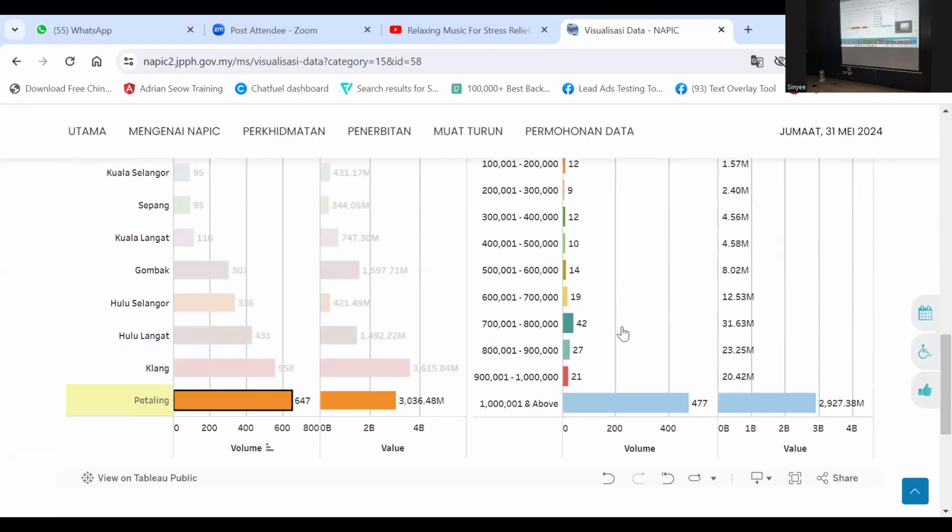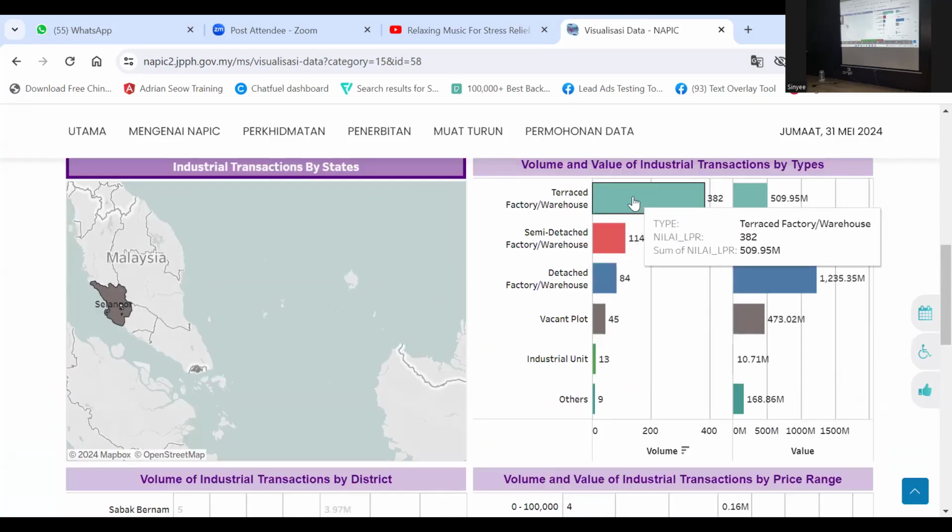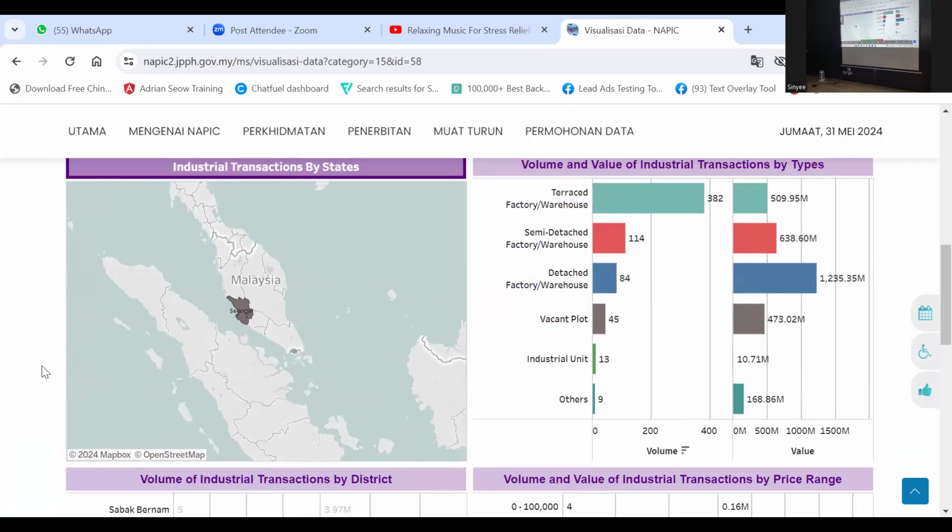On the right-hand side, you'll be able to see the 1 million and above as the most transaction, and it can break down deeper here. For Selangor, Petaling area, Terrace Factory 500 million, semi-detached 638 million. So Petaling area for 2023, 114 units transacted: semi-detached factory, detached warehouse in Port,